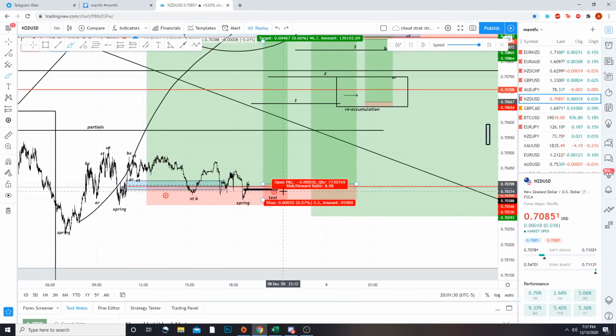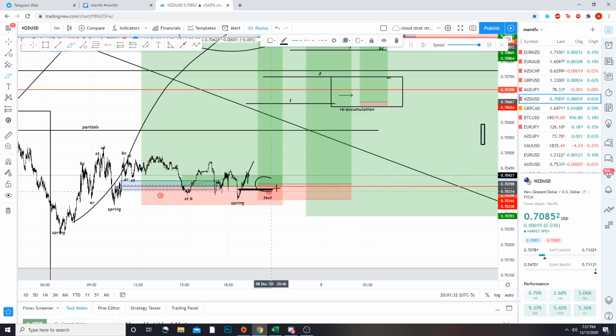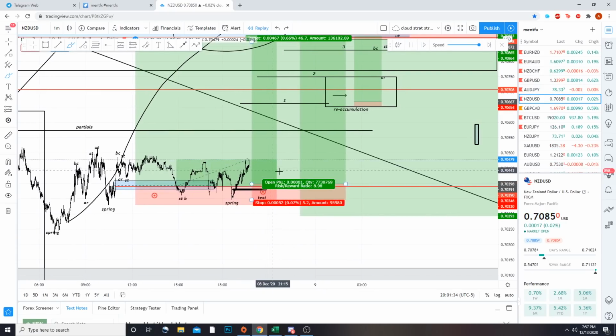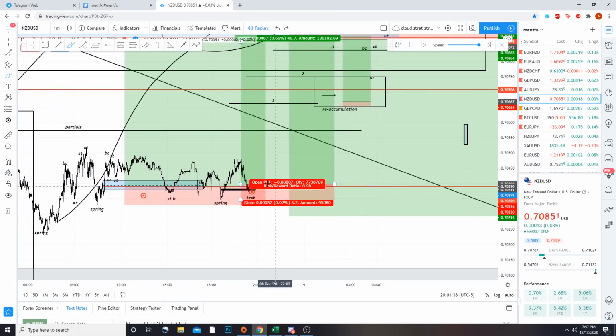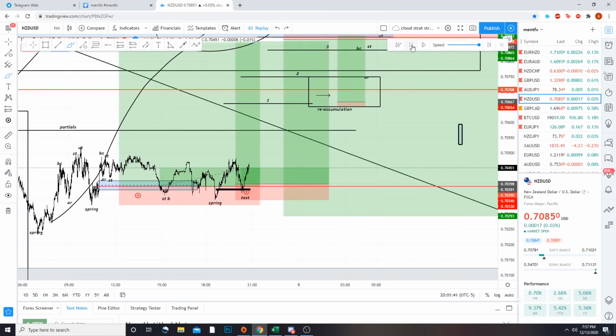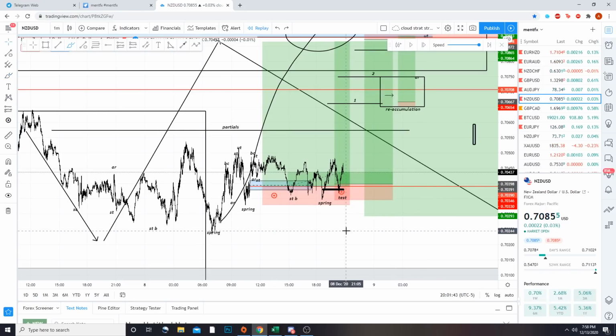So we had the spring occur again, this move away occur, and we sent out this trade right here. And as the price moved away, price made its way back into here, and we were able to get re-entries on this at this test, right? And then we got the move up. Now, at this point, this is the important part I want a lot of you to consider. Why did I send out partials at this area here?